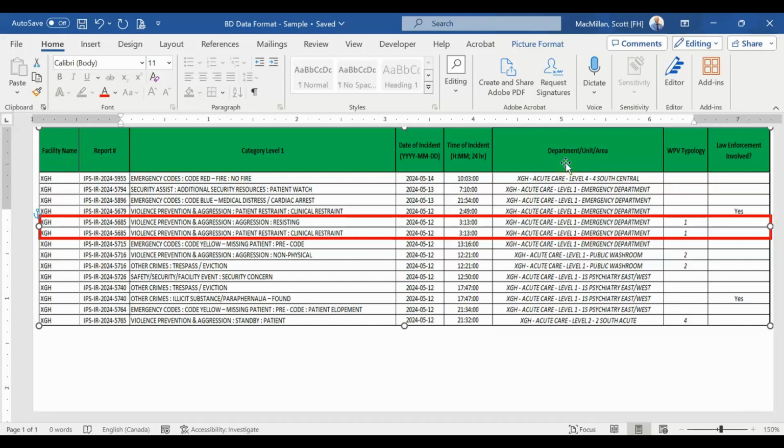and area level. And lastly, we'd like to know the workplace violence typology as defined by the IHSS for, of course, those violence-specific incidents, as well as law enforcement involved. And law enforcement involved refers to situations where you had to call an external law enforcement agency to come to your facility to help you in managing a particular incident. Now, if your reporting system does not have a default data field, or you're not able to repurpose, for example, a drop-down to capture either of these, then of course you wouldn't be expected to provide data if you don't